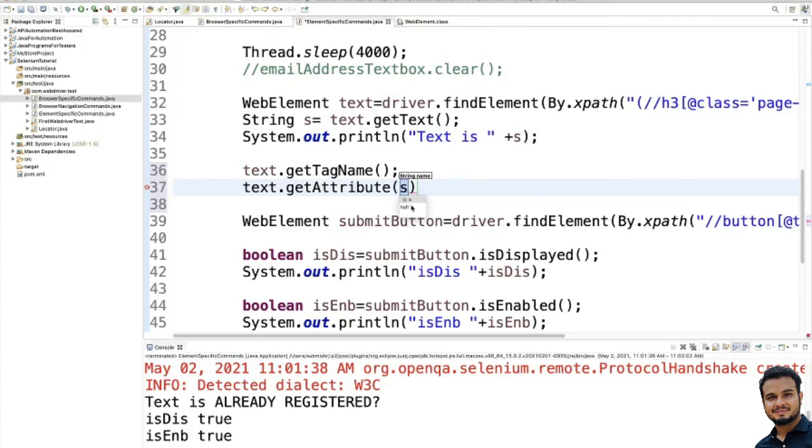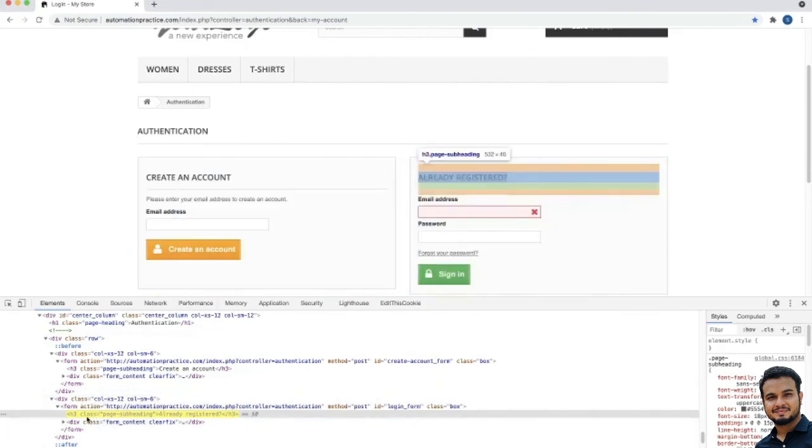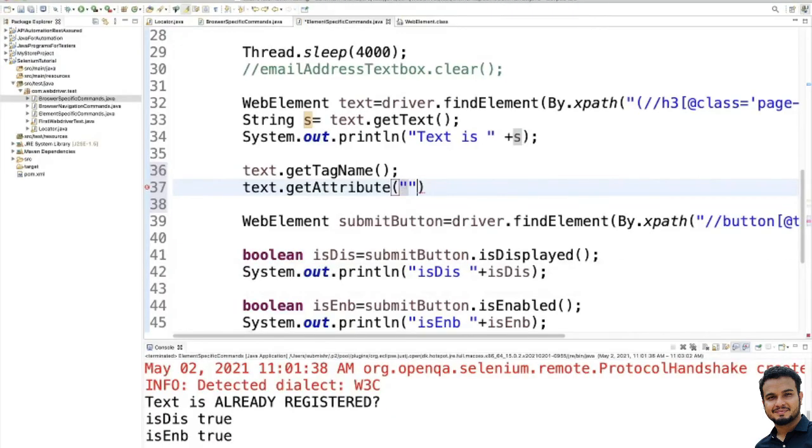For example, you can pass class like this. You can write something like String attributeName is equal to text.getAttribute. You can do this.